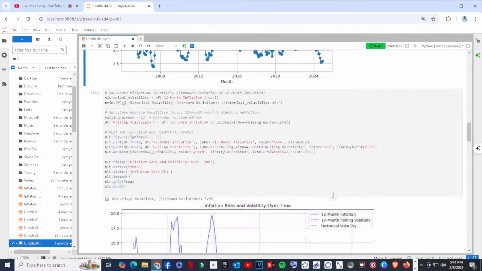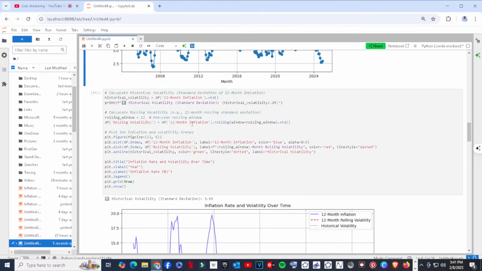So my next code will calculate the rolling volatility, e.g. the 12-month rolling standard deviation, so that we have another column for rolling volatility.